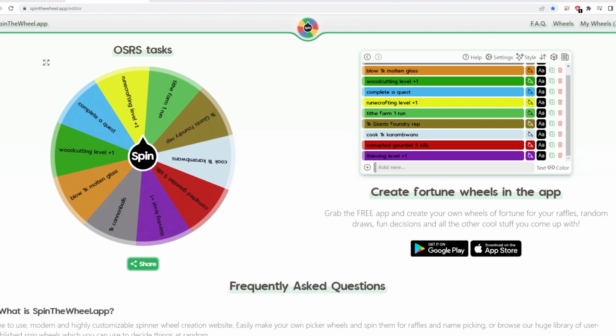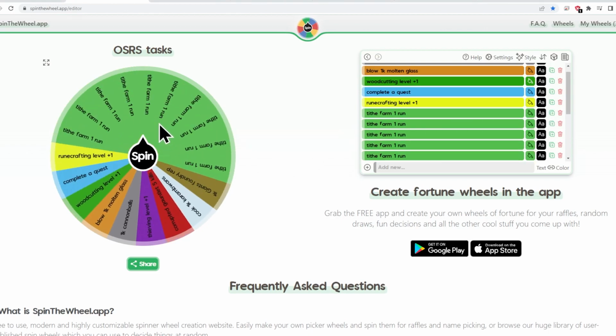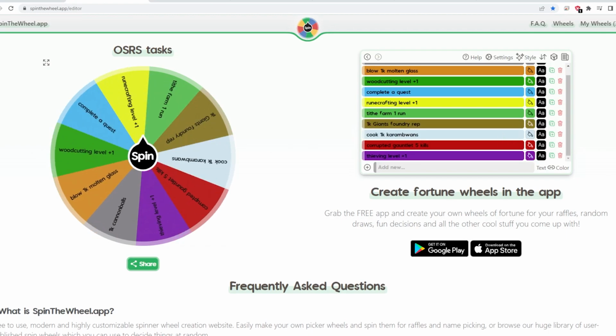Essentially how the wheel worked before is I had, for example, 10 complete Tithe Farm tasks on there because I wanted to complete the Tithe Farm 10 times in order to reach my goal. If I ever landed on Tithe Farm, I would complete one run and then delete it from the wheel, and keep deleting tasks until they were gone and my goal was complete. But it just made the wheel so cluttered that I decided instead of having 100, 200 slices